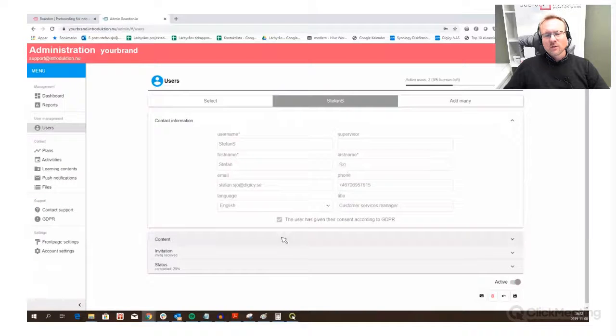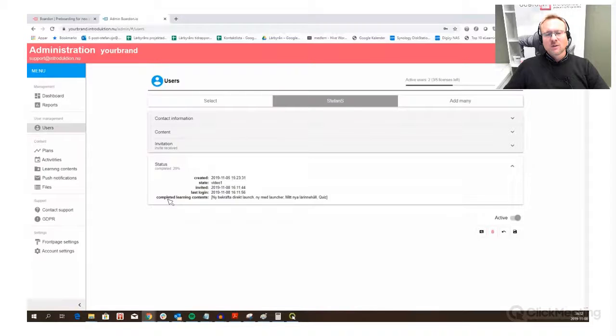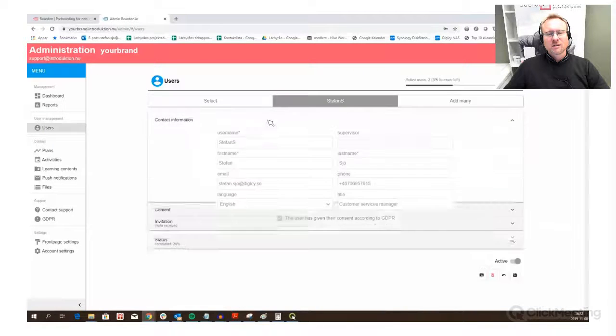So this is also shown here under status. You can see what learning contents I have completed. It will actually also show if I have learning content in obsolete plans, it will show as a new row. I don't have that for this user, unfortunately. But so now it's quite